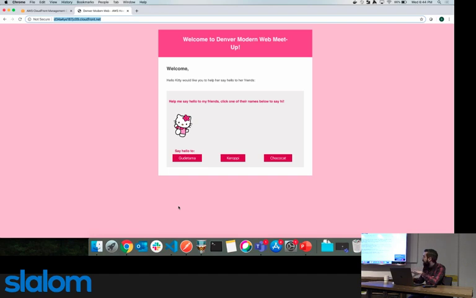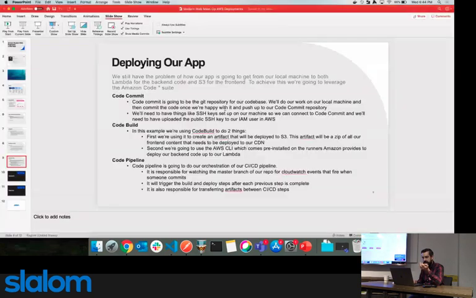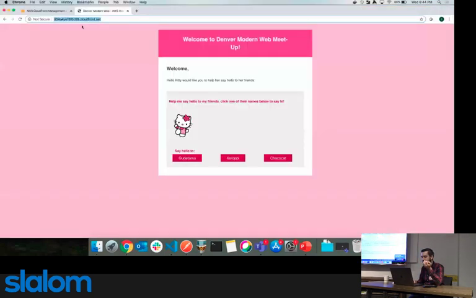And then finally, deploying our app. And we can get into the weeds on this a little bit, because there's some good stuff to talk about here. So there are three things that we're using to deploy our app right now. There's CodeCommit, CodeBuild, and CodePipeline. We'll start with CodeCommit. CodeCommit is a very simple